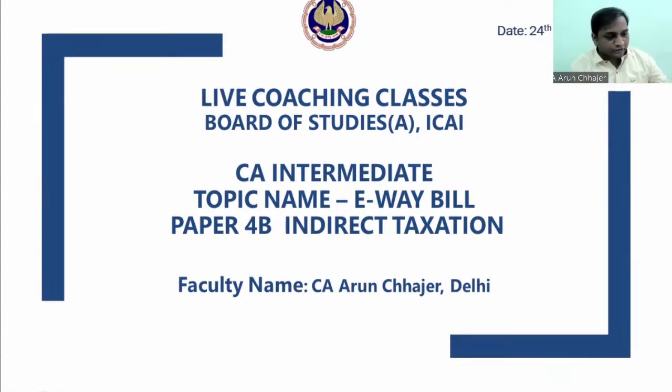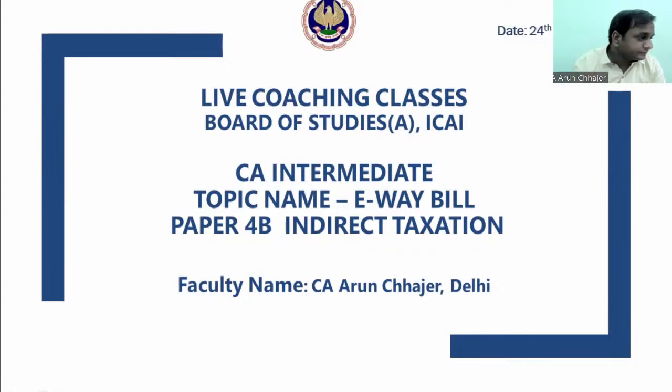Vedant, Rule 138E is talking about 4 circumstances in which the E-way bill facility would be blocked. You cannot generate the E-way bill. First, if the consignor is registered as a composite dealer and has not paid the taxes for 2 consecutive quarters, that is, Form CMP-08, the statement of payment of tax, is not filed by the consignor. Second, if it is a regular dealer who has not filed the GST return for 2 consecutive periods. Third, if GSTR-1 is not furnished for 2 consecutive months or 2 consecutive quarters. And fourth is